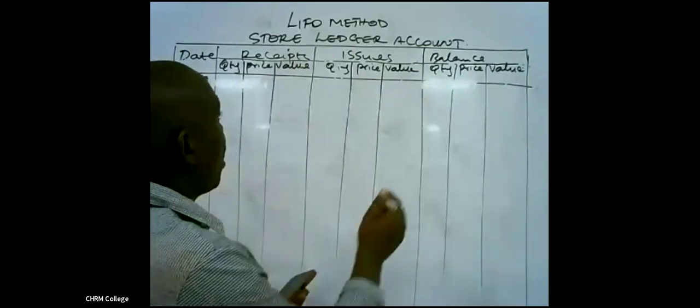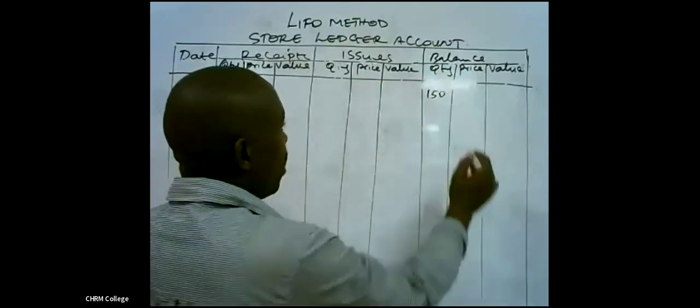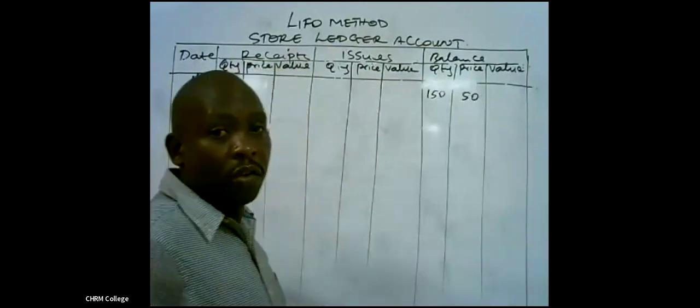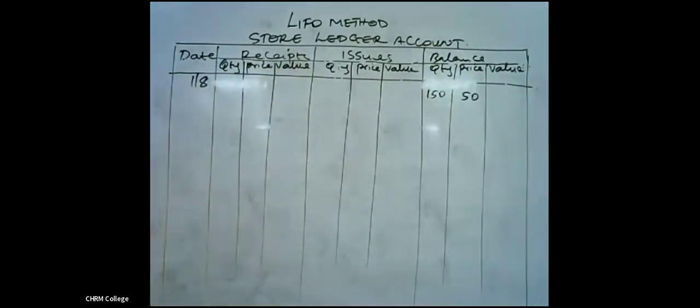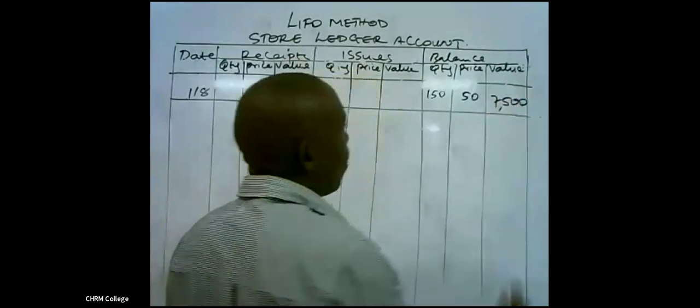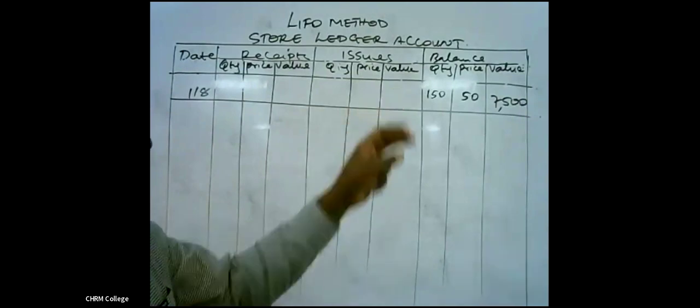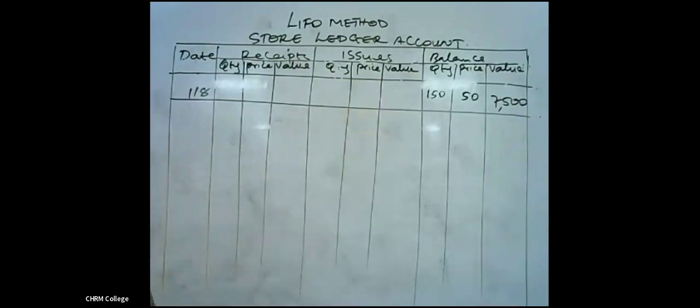So you capture here that they were 150 units, acquired at 50 shillings. If you multiply the two, they give you the value of that balance. 150 times 50 gives you 7,500. That is the value of the opening inventory for that item. So don't capture it as a receipt when it is a balance. It is the opening balance. Great. Then on 2nd